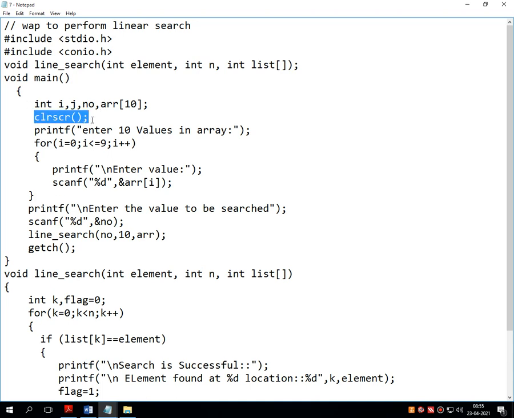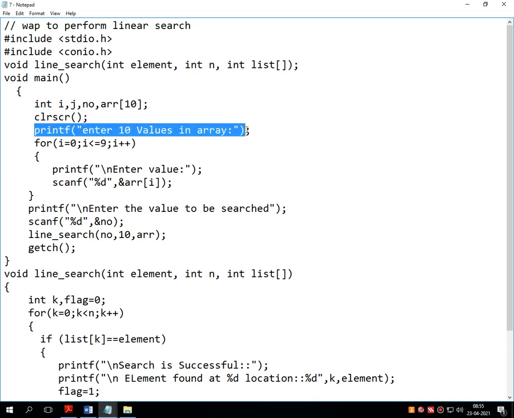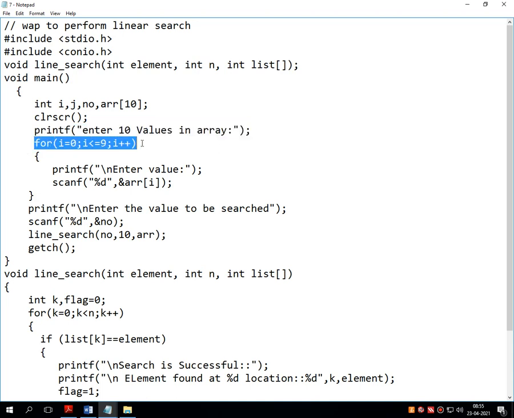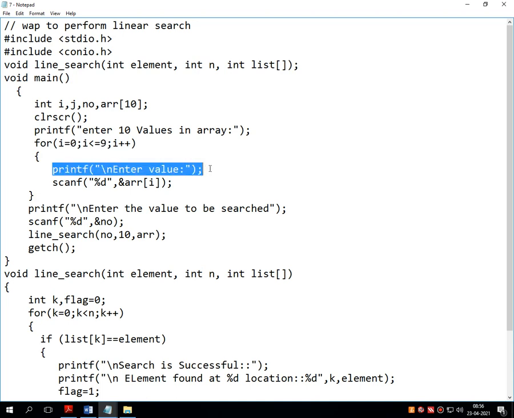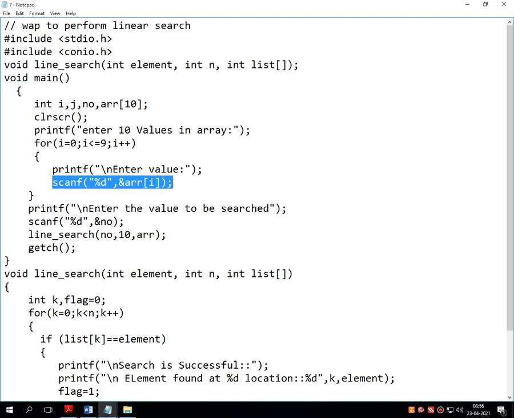Then there is a clrscr, and one message which asks the user to enter any 10 values into the single dimensional array. There is one for loop which repeats from 0 to the 9th location, and it reads 10 values and stores them inside the one dimensional array called array of i.